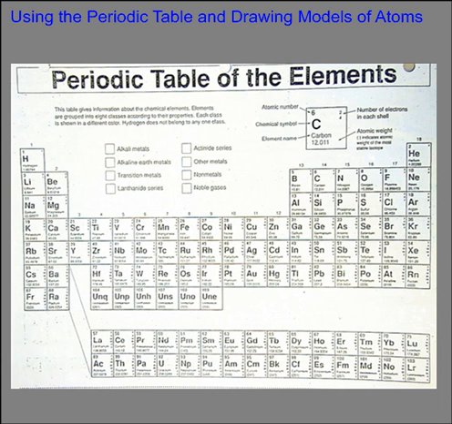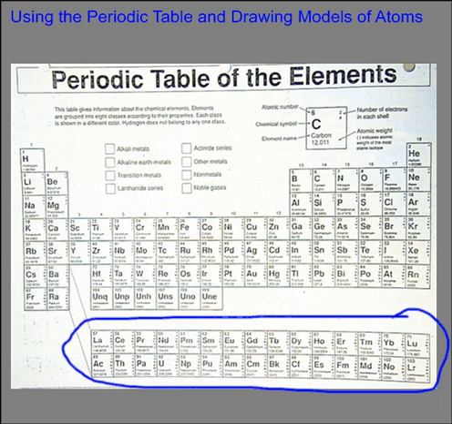Another important thing to note about the periodic table is the lanthanide and actinide series, which are down here at the bottom. These 2 long series actually belong right in here. If you look at the numbering, and see how the periodic table kind of steps down with these blank spaces in between, there should be another large blank space right here over the lanthanide and actinide series,